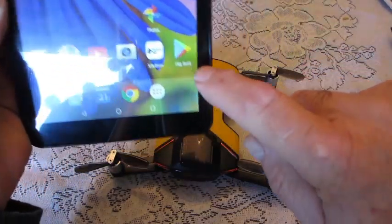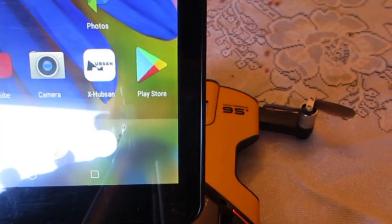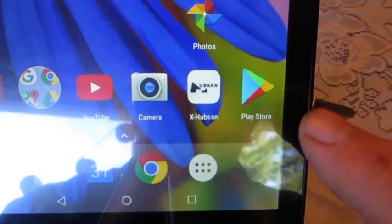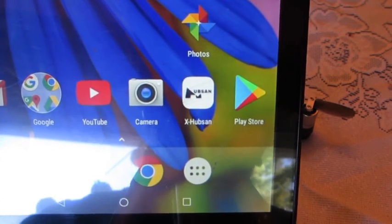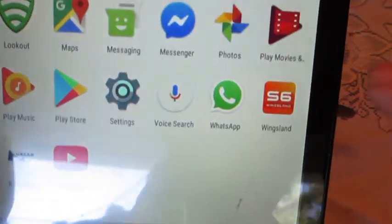You download on the Play Store, you download the app, the WINGSLAND S6. Once you get that on, that's one of the first things you do. You download the app for the WINGSLAND, but you don't open it yet. The first thing you do is go to settings,